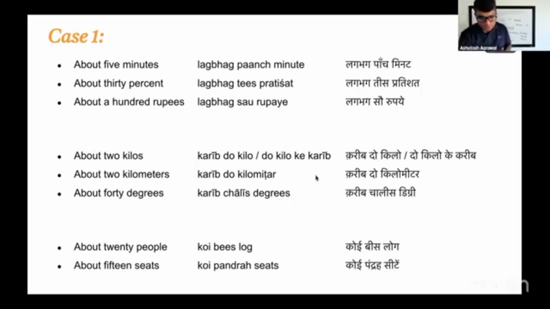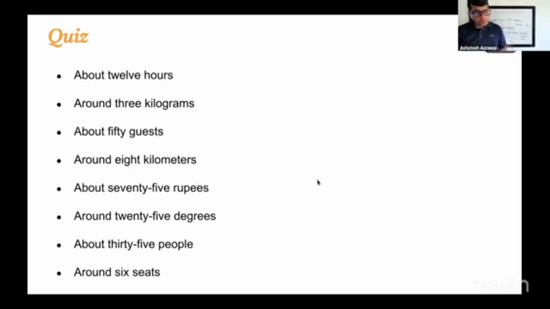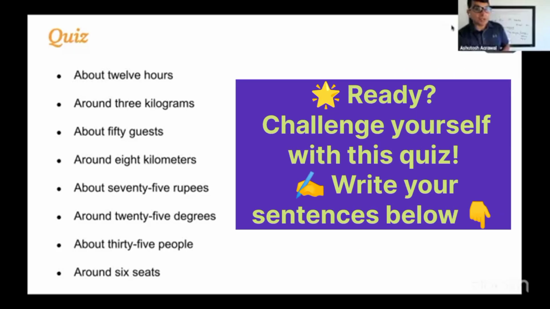Very good. So we'll get going now. We'll do a short quiz, and I want all of you to read it out. I'll give you some time. There is no right or wrong. You can use any of the options interchangeably. But at least I want you to think before you use any of them, whether you want to be vague about the approximation, or more formal or less formal about it. So I wrote it down. I'm going to give you a couple of minutes, and then we'll regroup to discuss them.